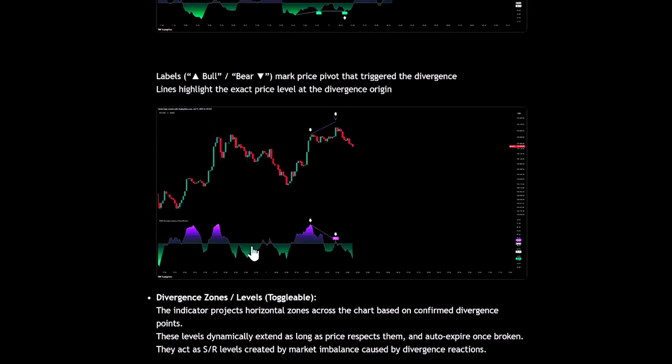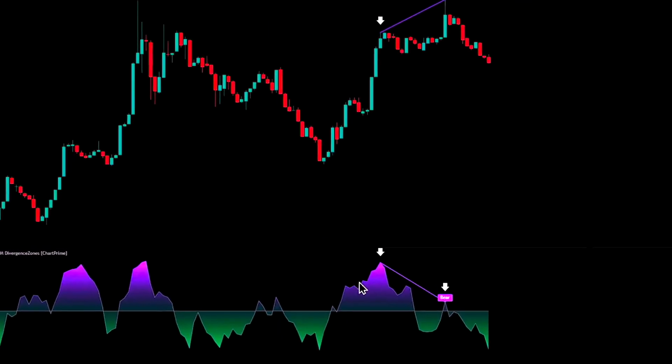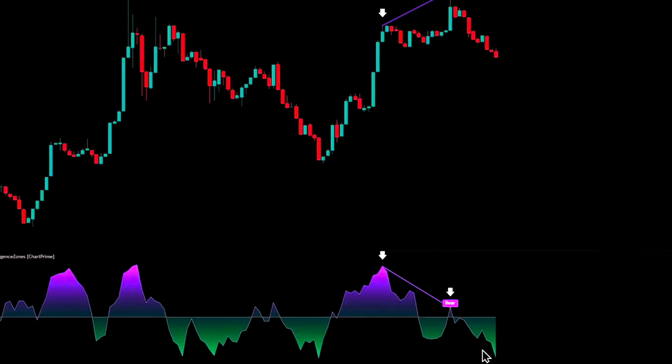In this walkthrough, we'll cover what the indicator is, how it works, and how you can put it into action